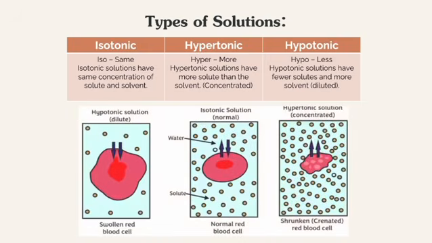Now let's look at an RBC, meaning a red blood cell, in each of these three solutions. Firstly, in the hypotonic solution, as it is diluted, there is more water potential outside the red blood cell, whereas there is less water potential inside the red blood cell. So water, which has high water potential outside, will move from outside to inside the cell, and the red blood cell will swell. Osmosis takes place here. Another key point here is that since RBCs don't have a cell wall, they can change their shape.